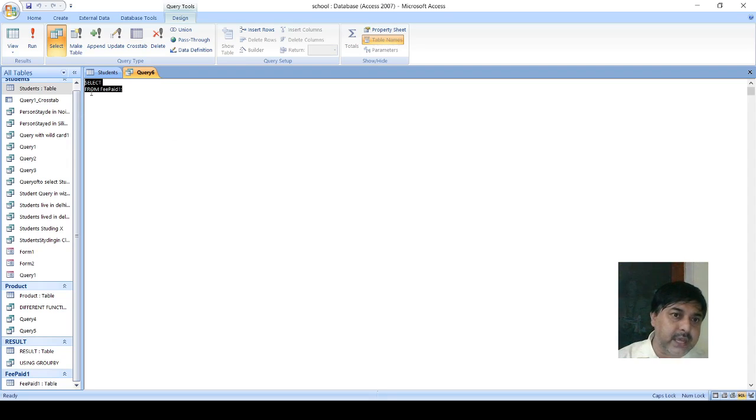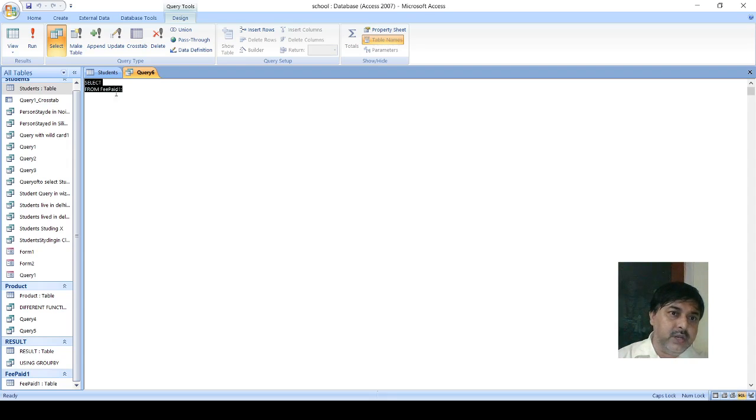So see here, select asterisk from free page. Now suppose this command is there, and you want to create one SQL command. You can write an SQL command there.